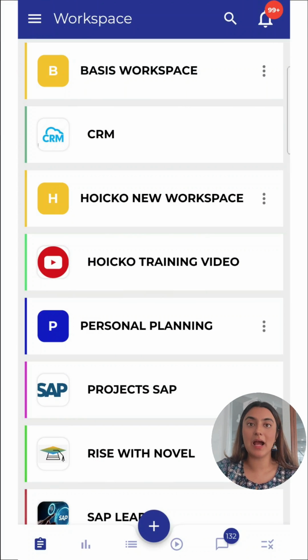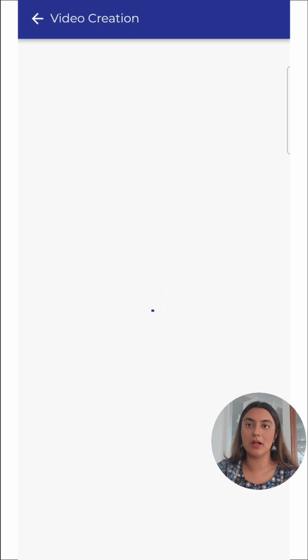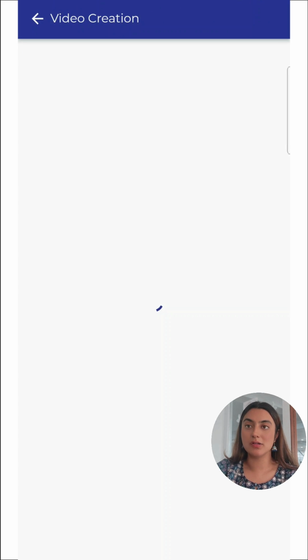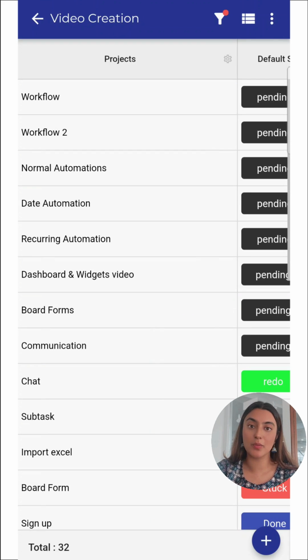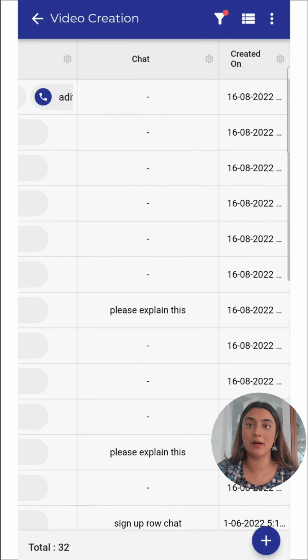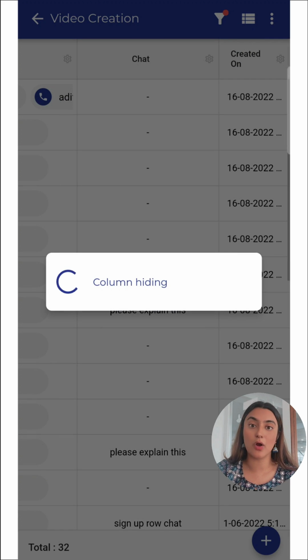For that you will have to open up any of your boards, like I have done, and go on the table form of it. There are different views, as you know. So table form is very handy to work with, and these are the rows. Everyone knows these are the rows and these are the columns. So these are the columns that are visible for now, and if I want to hide any column, I'll just click on the settings sign over there and hide it. So now that column is hidden.